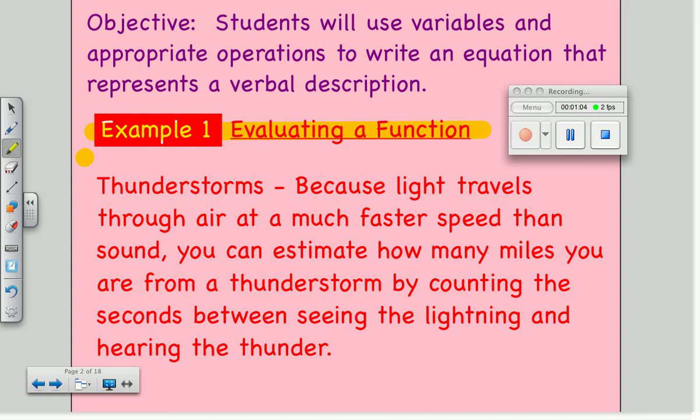Because light travels through air at a much faster speed than sound, you can estimate how many miles you are from a thunderstorm by counting the number of seconds between seeing the lightning and hearing the thunder. So once you see the lightning, you start counting 1001, 1002, 1003, and see how many seconds you count before you actually hear the thunder. Once you hear the thunder, then you stop counting. Okay? So,